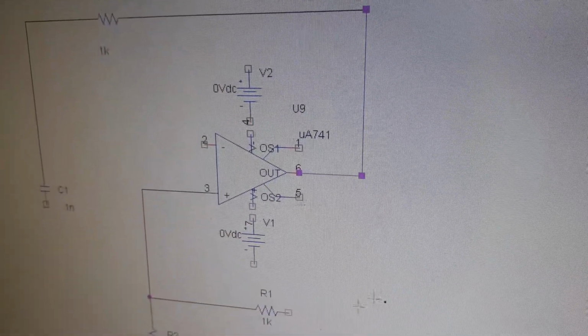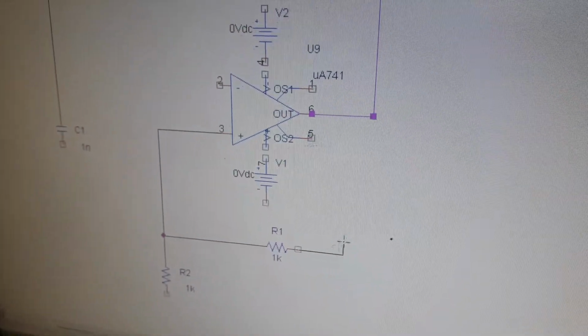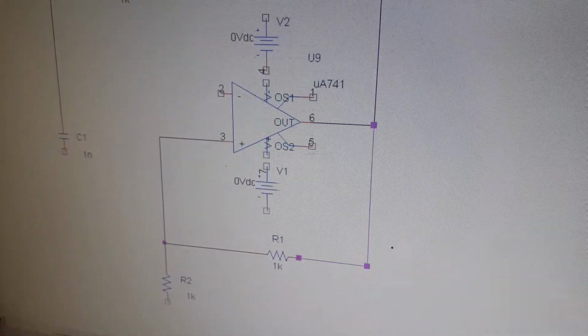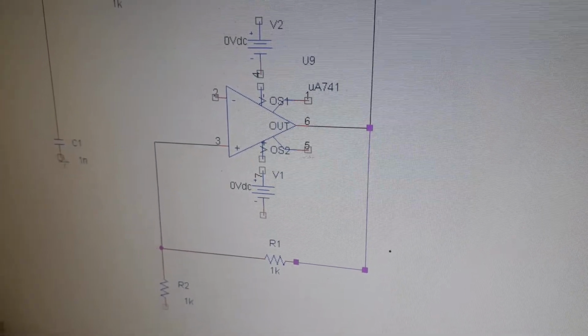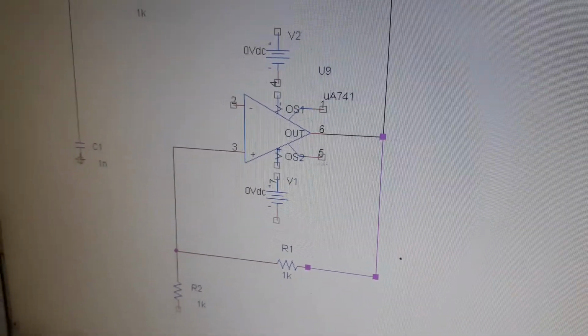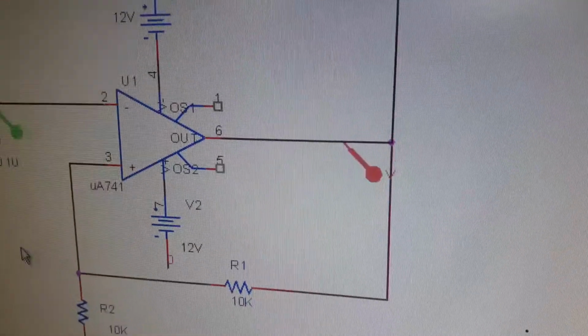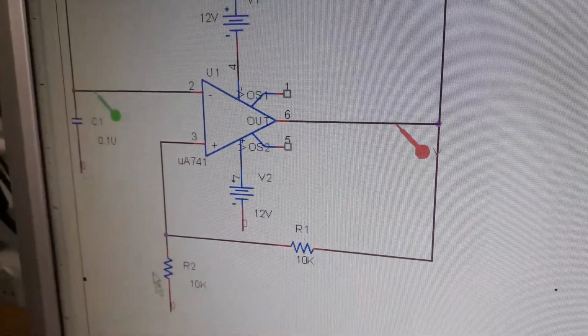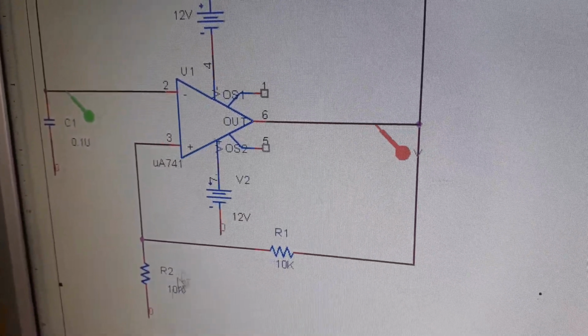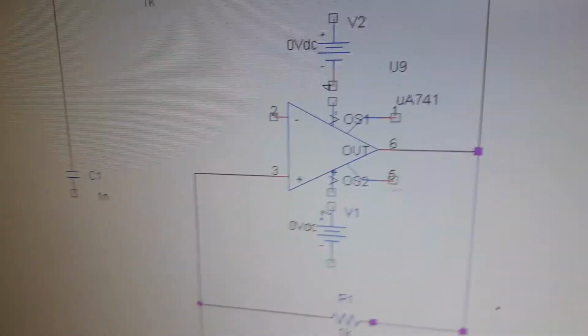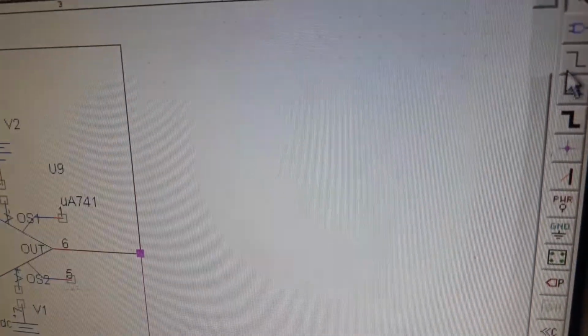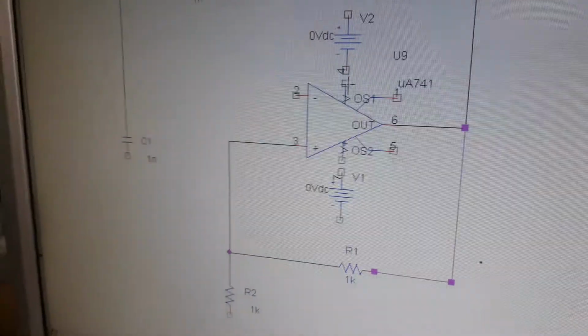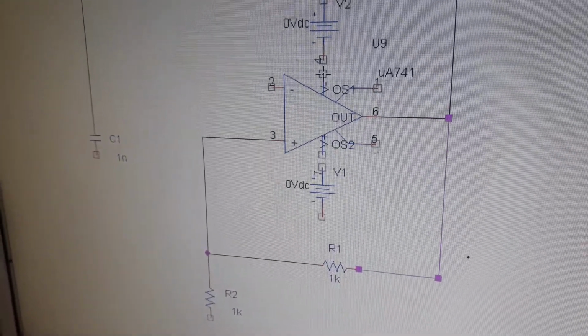Select this icon, place wire icon, third option, and place wire. Okay, now after this extend this capacitor, the other end of the capacitor you have to extend, because you need to place ground here, right? Here ground is 0 and ground is 0. So we need to extend this, and one more connection we have here, so place wire, and make sure to connect these two.